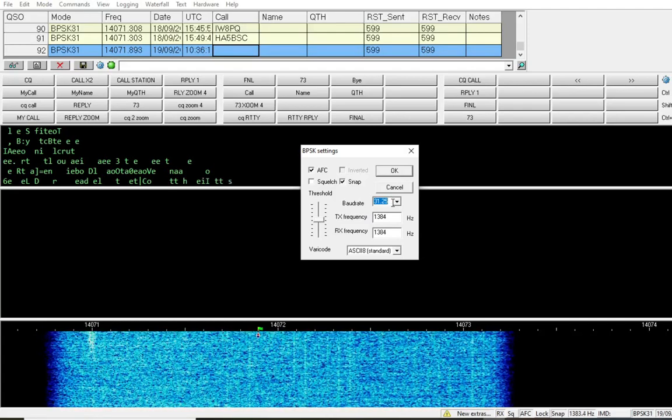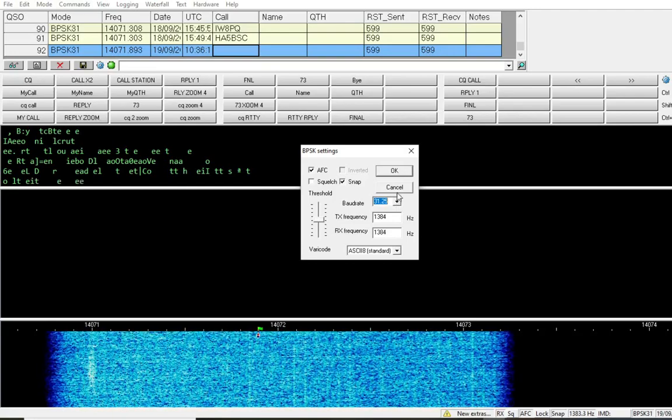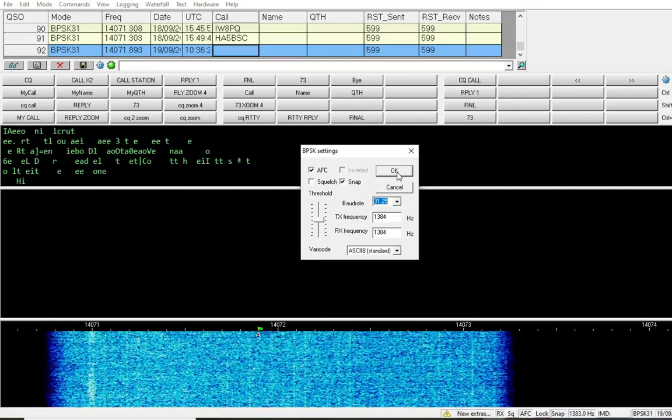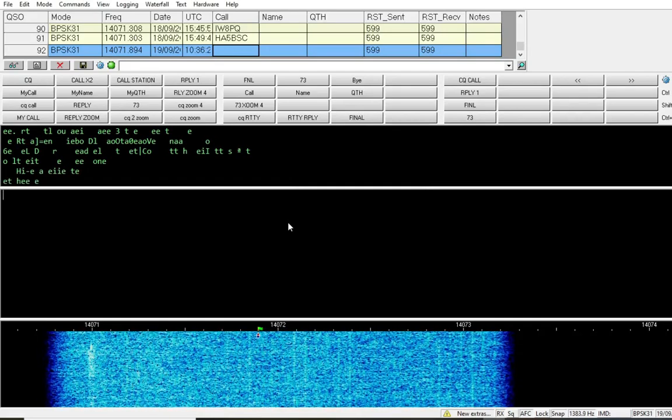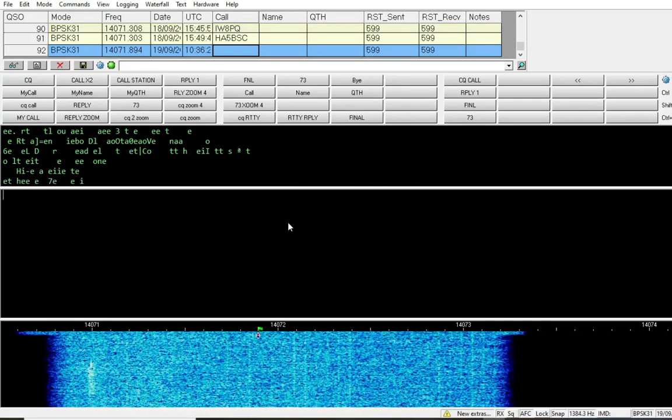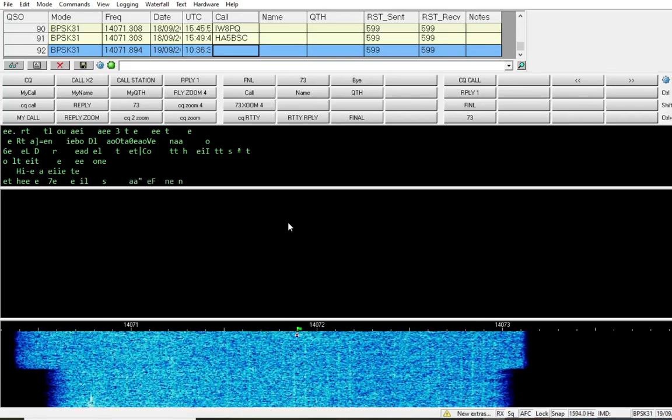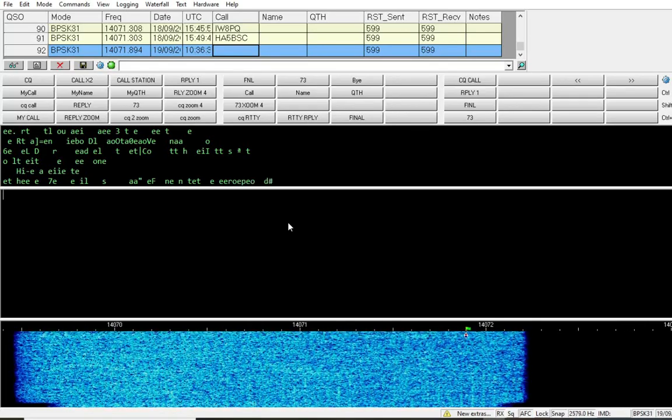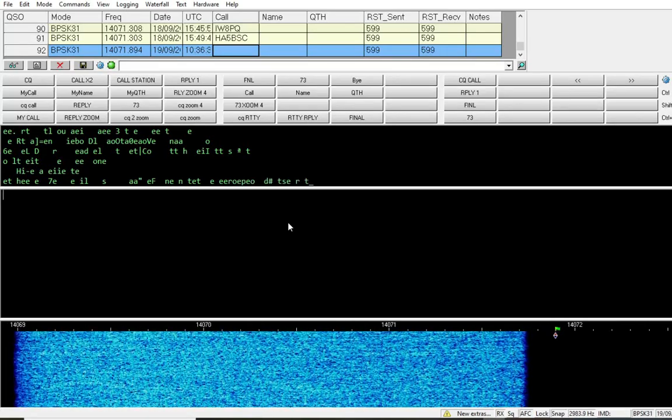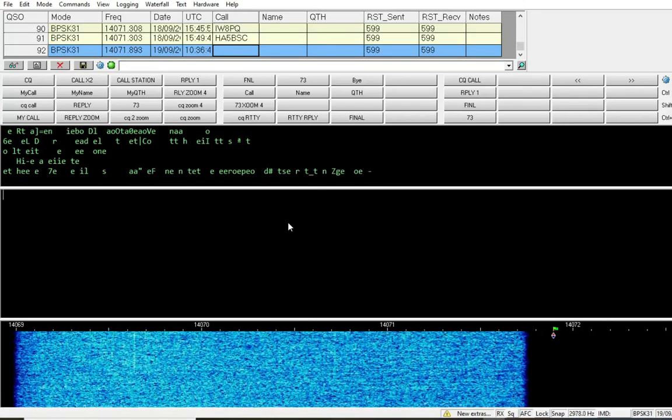So again, it doesn't matter which mode we select from the mode option at the top. If we go into mode settings, we can actually change the details of that mode. So that will be set for whether it's BPSK31 or 63, or if it's RTTY, whether it's 45 baud rate or 75. It doesn't really matter, it's just in the mode settings. So we've got it back, change back to mode